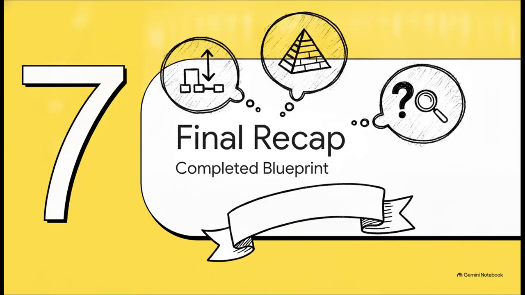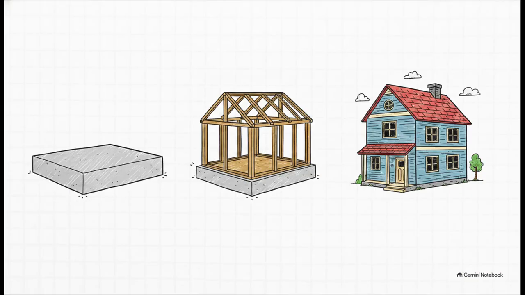Section 7. Final recap. The completed blueprint. Excellent work today. I want to make absolutely sure these 3 core academic skills are completely cemented in your mind before we wrap up. So the crucial point is this 3-part process. Number 1, analyze the sequence of events so you understand the chronological foundation and can spot exactly how authors manipulate time to build tension. Number 2, outline the key ideas using the strict keyword outline method to perfectly frame the main points. And number 3, synthesize those notes to analyze literary nonfiction by writing a formal 5-element précis that truly